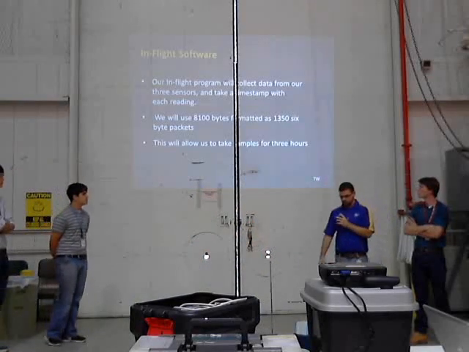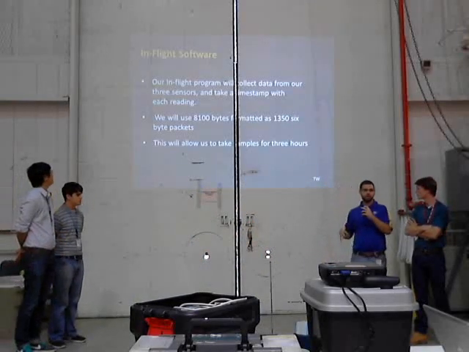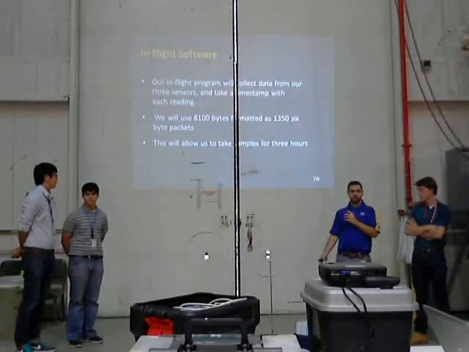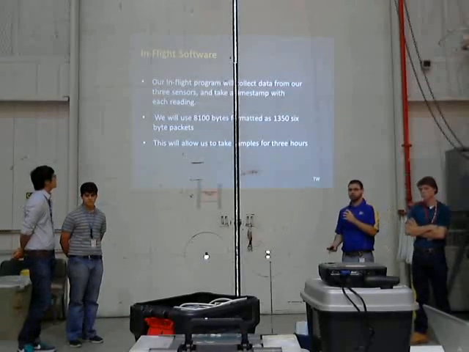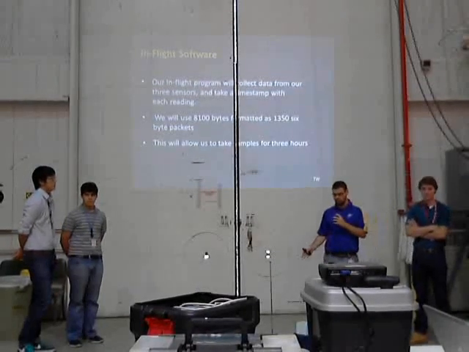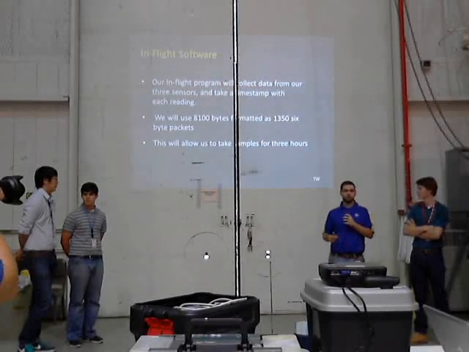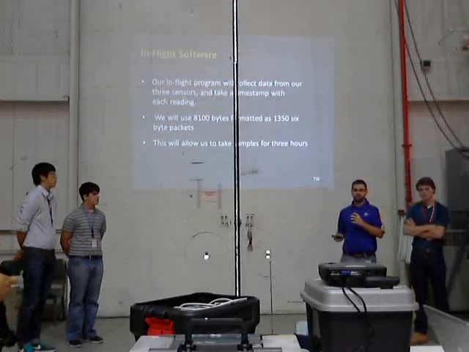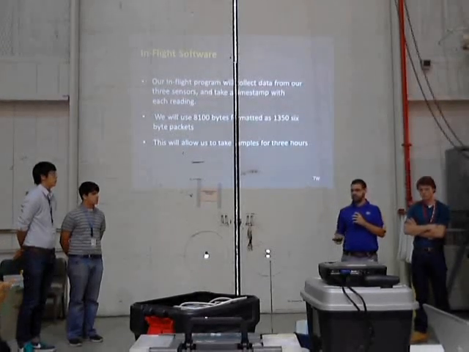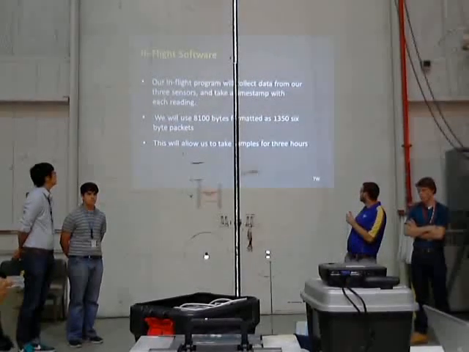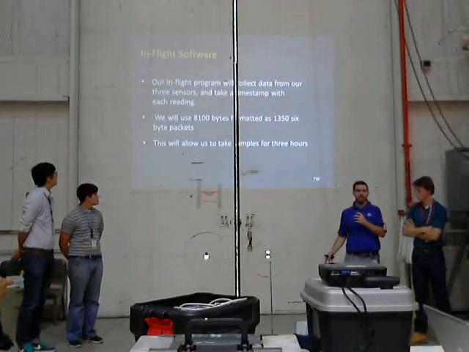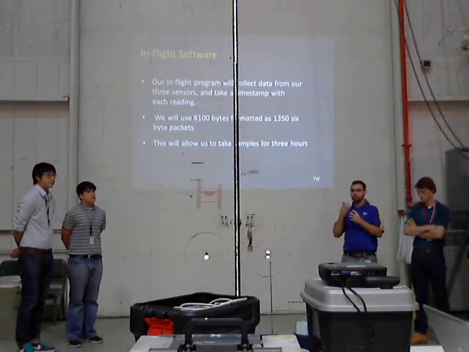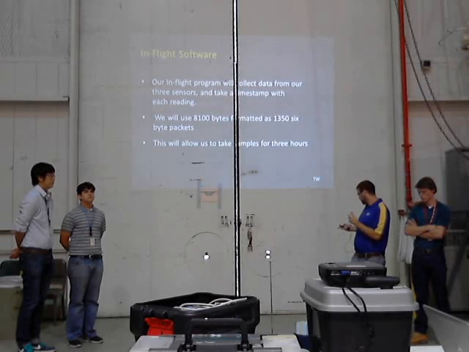All right, so I just handled the software. So from the ADC on is kind of my job to take care of. We have 8K of EEPROM that we can store data to. For our in-flight software, we're going to take samples from our 3 sensors every 8 seconds along with a timestamp. That'll give us a little 6-byte packet to work with. With 8K, we can get about 1,350 packets, so we'll fill up all but 96 bytes of our memory. We figured that would give us enough data to work with over the 3-hour flight.